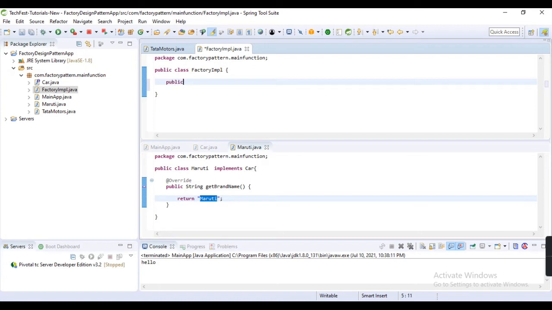This class has one method which returns a Car type object, getCar, and here I am passing a brand name.